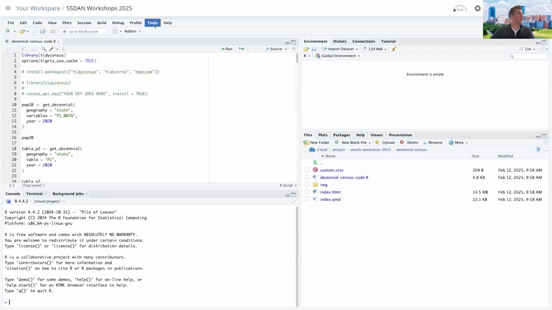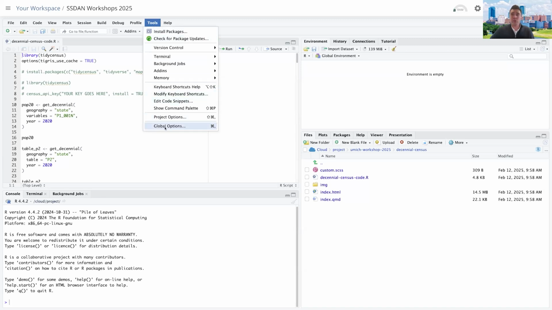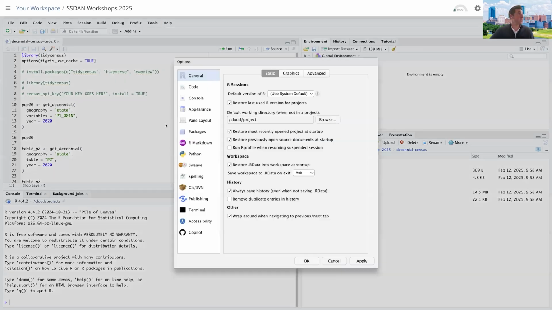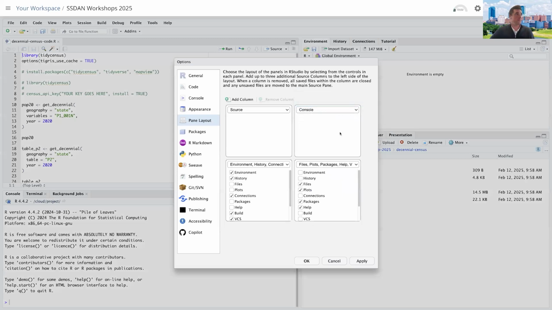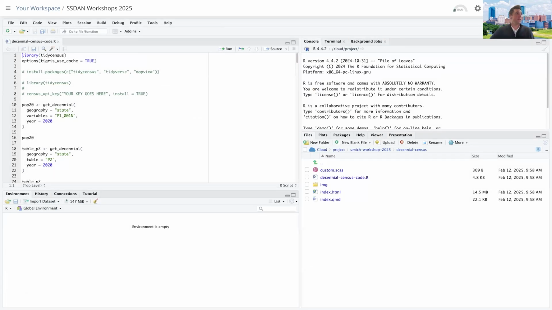So I'm going to click Tools, Global Options, Pane Layout, and then I am going to put the console on the upper right. So this is what my screen will look like. And I'll step you through how to execute commands and all of those things for those of you that are